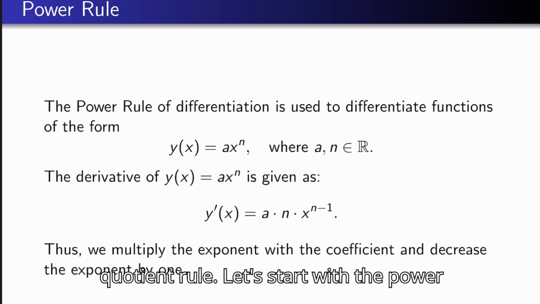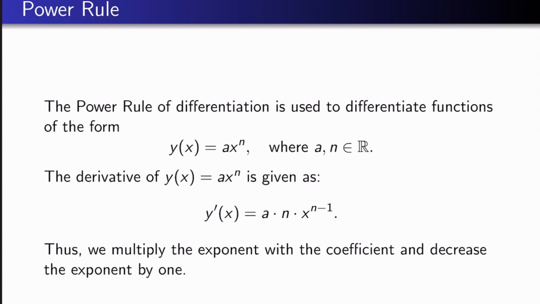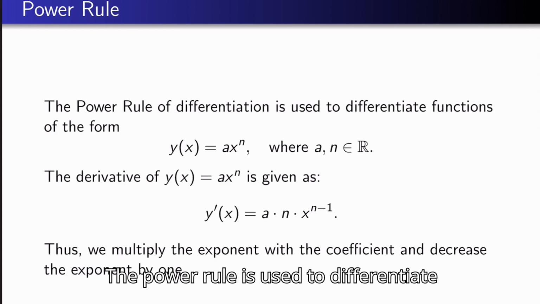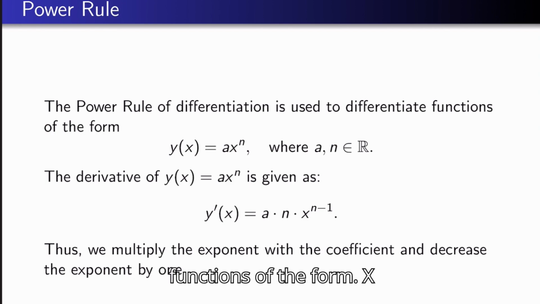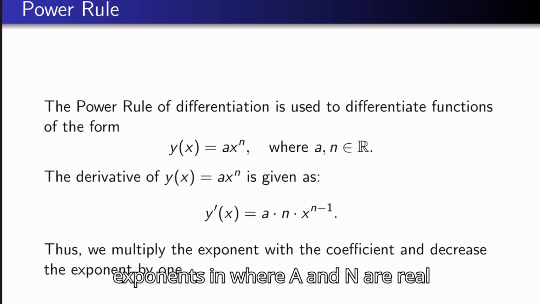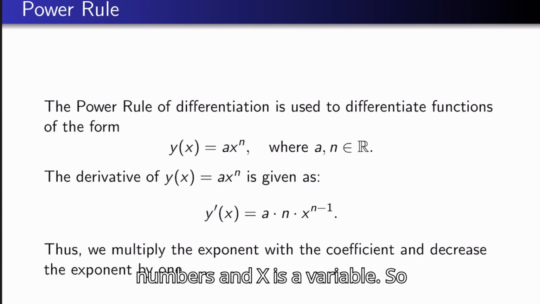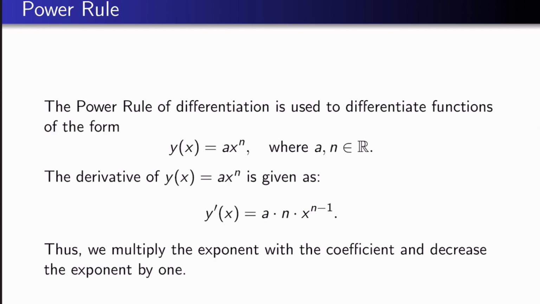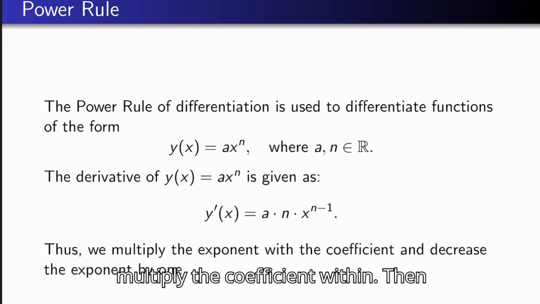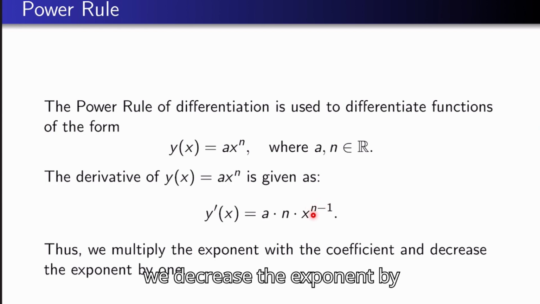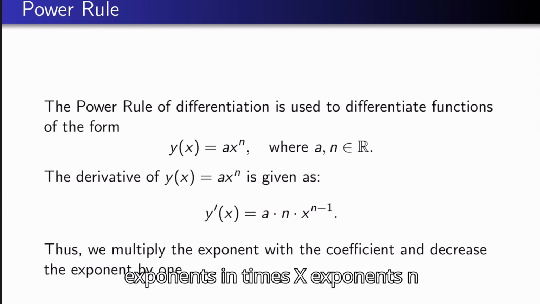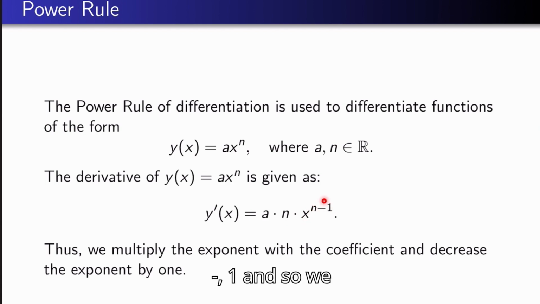Let's start with the power rule. The power rule is used to differentiate functions of the form ax exponent n, where a and n are real numbers and x is a variable. To differentiate this function, we have to multiply the coefficient with n, then we decrease the exponent by 1. Thus, y prime of x is equal to the coefficient a multiplying the exponent n times x exponent n minus